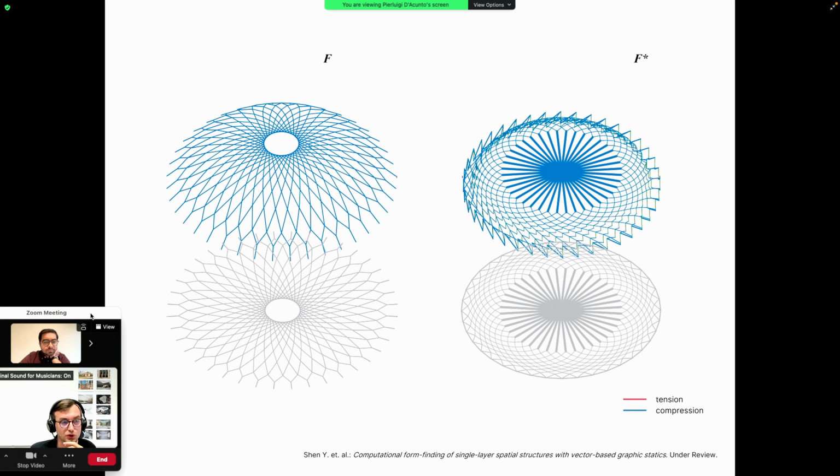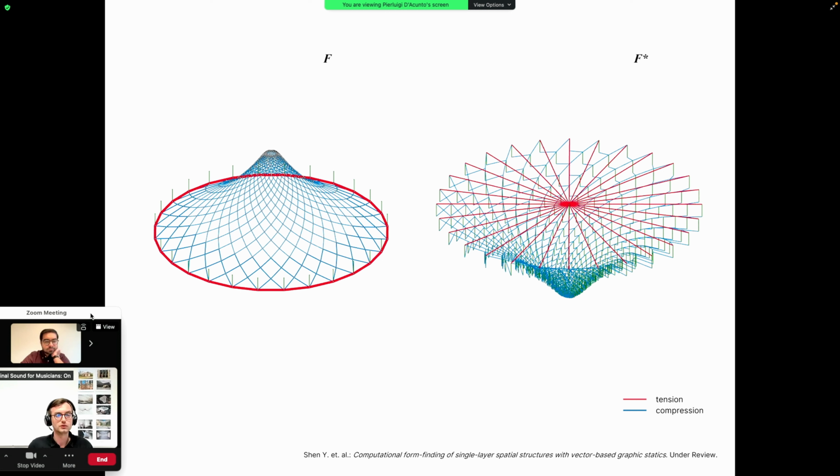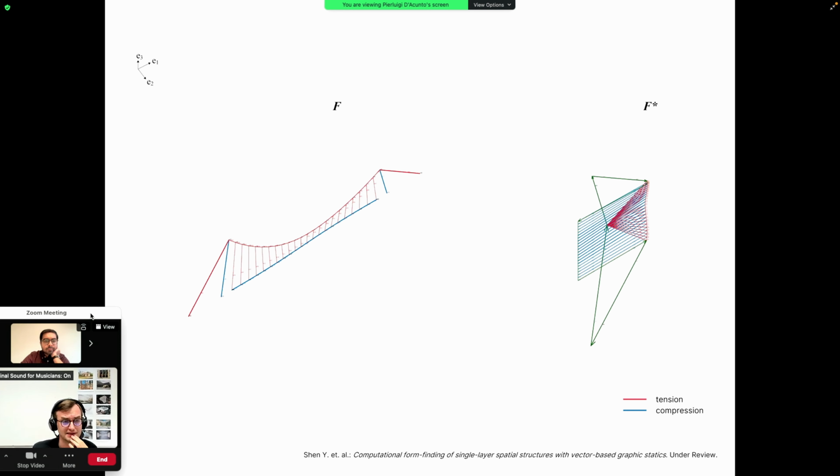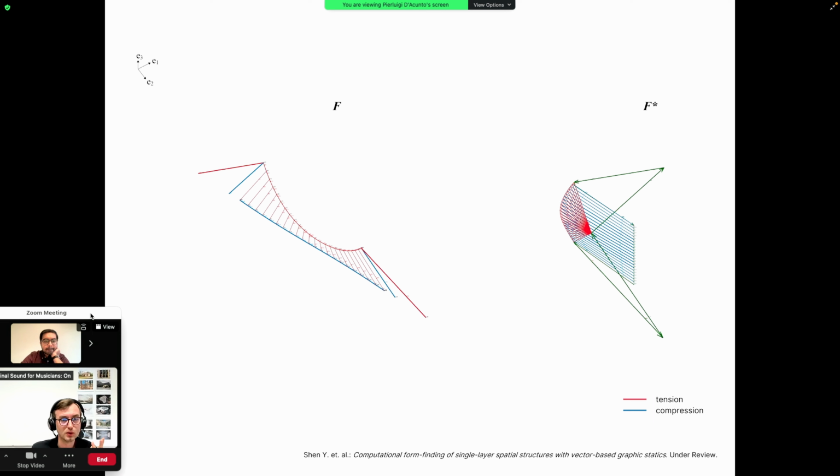Here, a compression-only dome that is somehow inspired by a project by the engineer Pier Luigi Nervi, Palazzetto dello Sport in Rome. Here, for example, a combination between this spiraling pattern in compression with this ring in tension. You see again form and force diagram. And at the same time, it is possible to operate